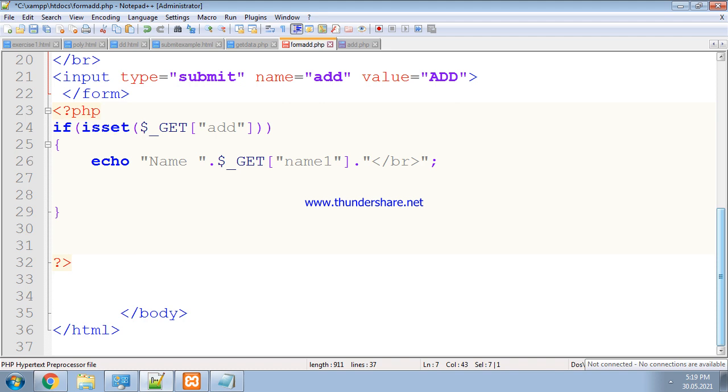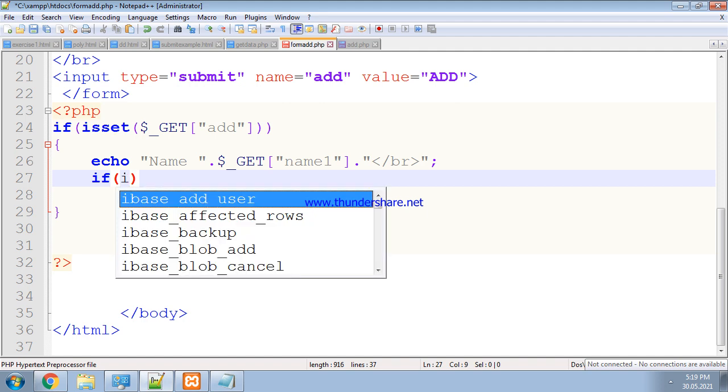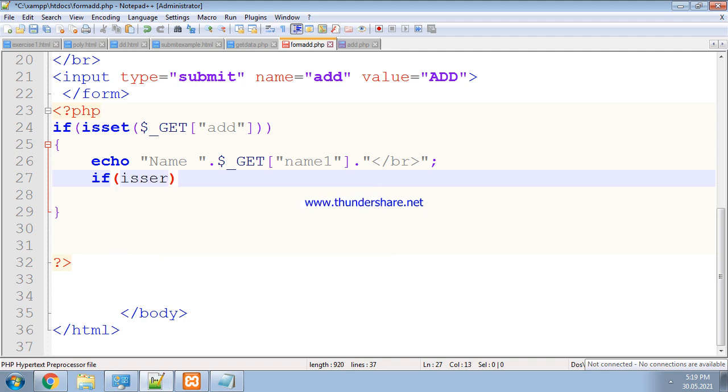Okay, now let us write the program in the same manner. Here I am writing an if isset. Inside the isset, what are we writing? Dollar underscore GET.